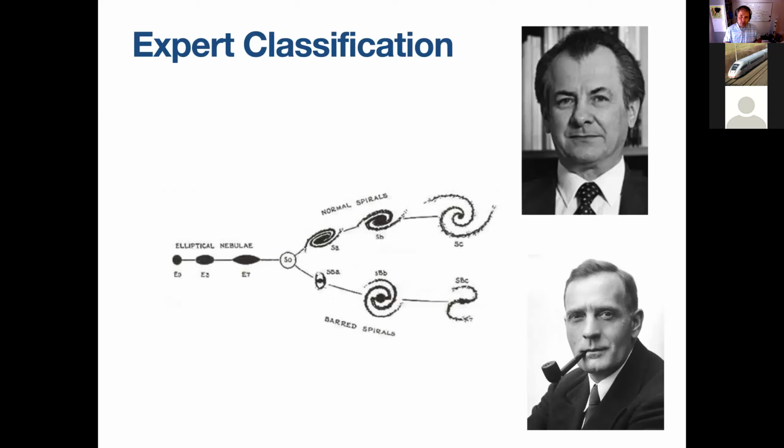So far, we've relied on things like this expert classification, where we have an expert like de Vaucouleurs up there or Hubble, and they're basically assigning, they've got a sketch, they've got a classification system, and they're sort of assigning these various